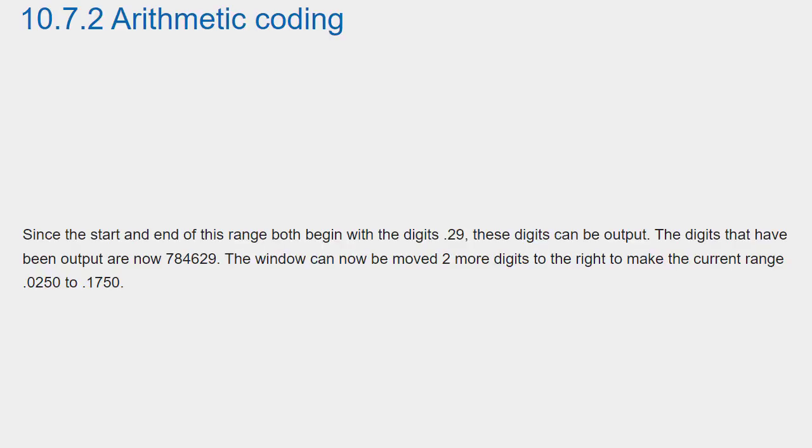Notice that the width of this range is 0.0015 as expected. Since the start and end of this range both begin with the digits 0.29, these digits can be output. The digits that have been output are now 784629. The window can now be moved 2 more digits to the right to make the current range 0.0250 to